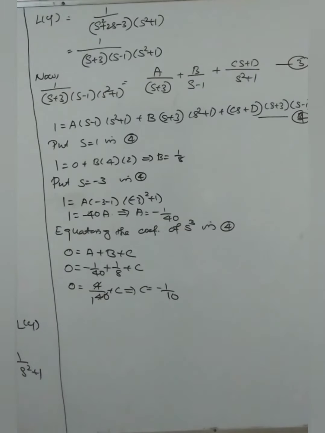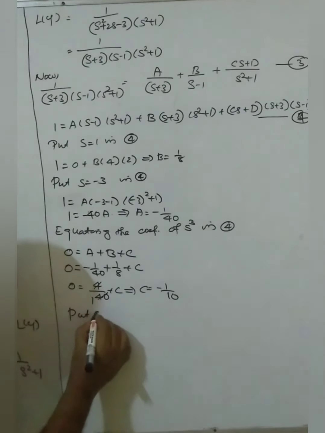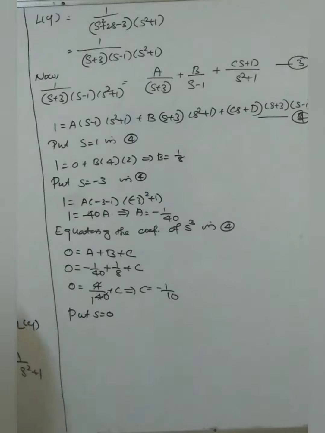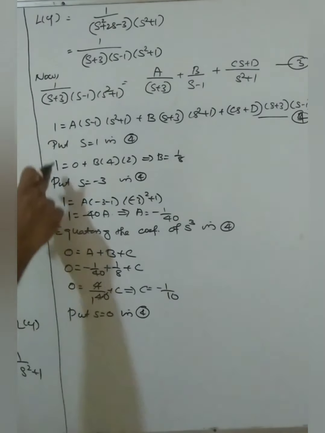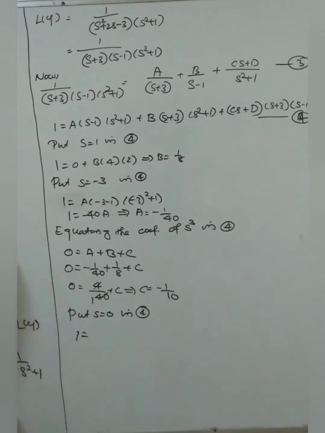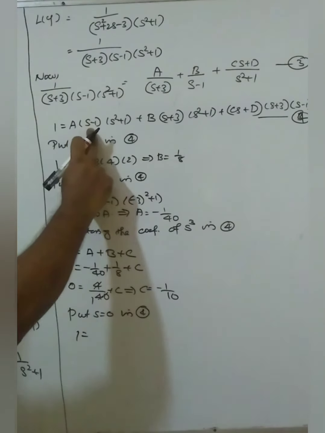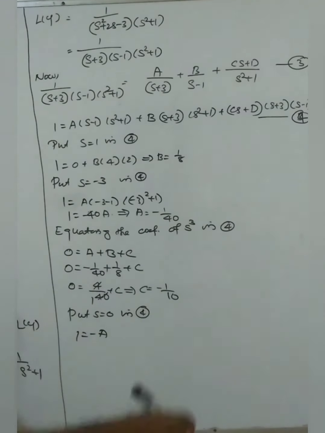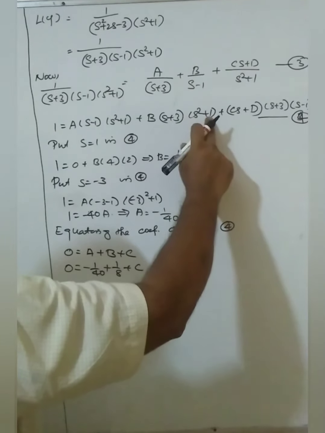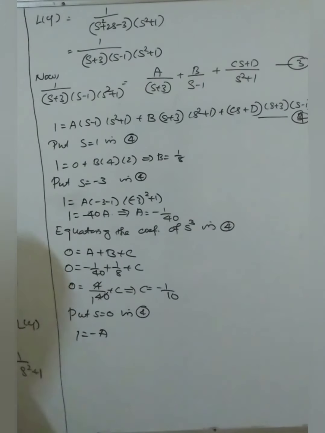At last we put s is equal to 0, because we need one equation that contains d. So it is better to put s is equal to 0 in equation number 4. What will be the answer? For here 1, there is no change. 1, 0, that is equal to minus 1, 0. 1 into minus 1 that is minus a. Here 0 plus 3, 3. Here 0 plus 1, 1. That is 3 into 1, 3, that is 3b.